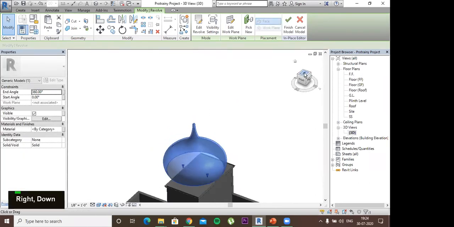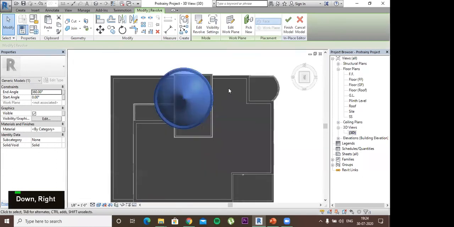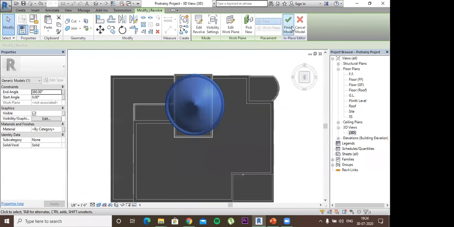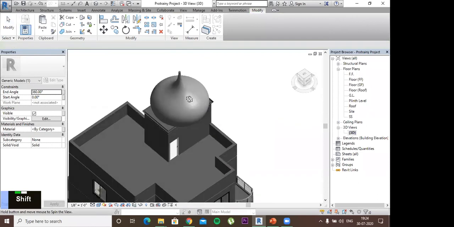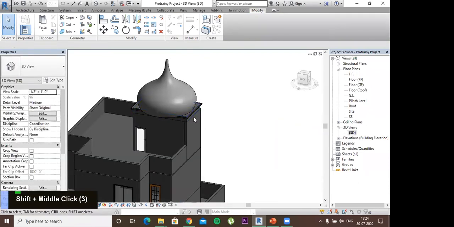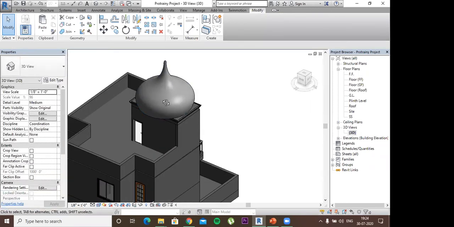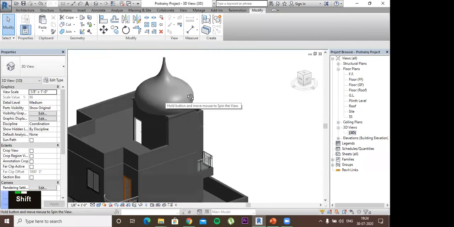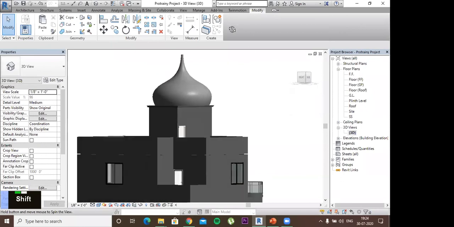So you go to the top view and you can move it here. Select OK. Now since I have made this on a rectangular wall, it might look like it doesn't belong here, but you can make it on circular walls and different types of wall structures. And this is how you can make a dome or different types of roof.